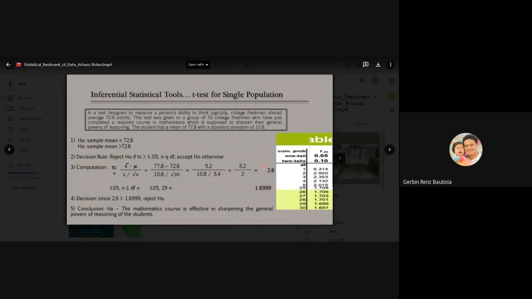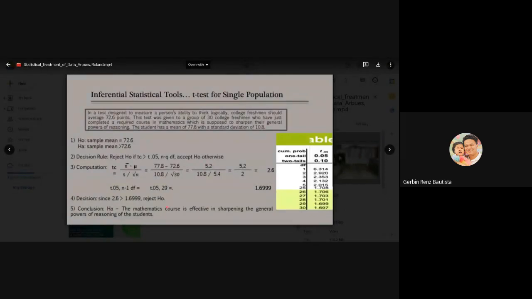Now, 2.6 is compared to the critical value of t based on the table with a degree of freedom of 29 and a level of significance of 0.05 intersecting at the value of 1.6999. Therefore, the decision is that the computed t-value of 2.6 is greater than 1.6999, and therefore we reject the null